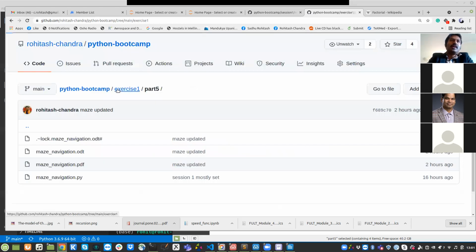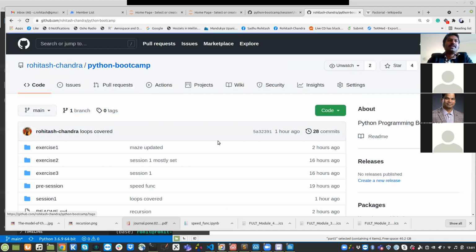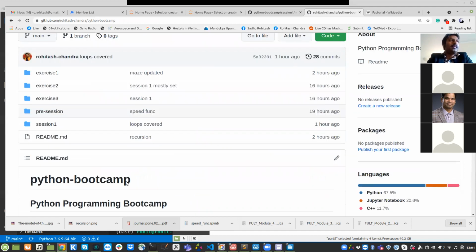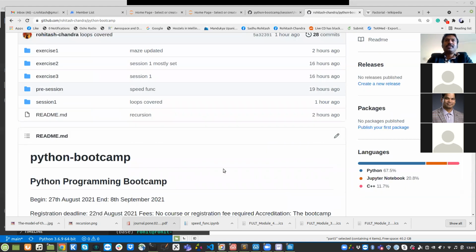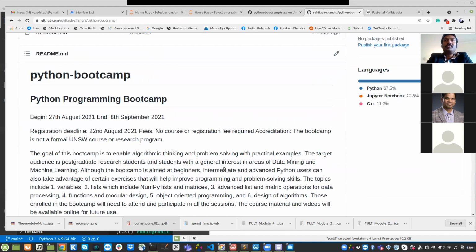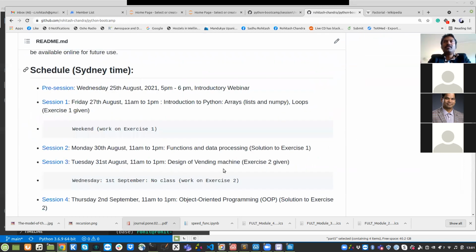If you are able to do it, please send me an email, send me your solution, so that I can also show it to the class. Or if you don't want it to be shown to the class, you just want me to see it, just specify it in the email. Or you could post your solution of any of these in the programming bootcamp